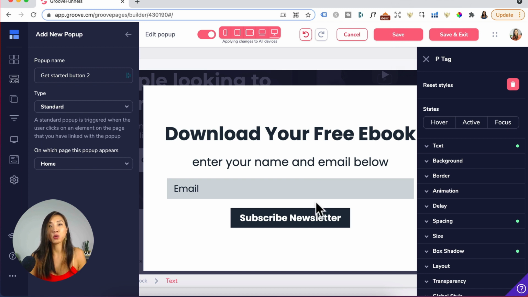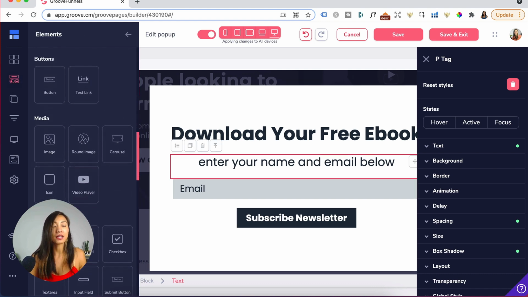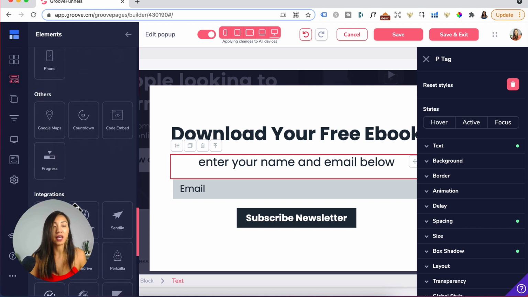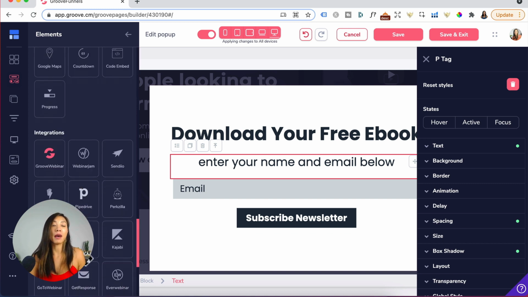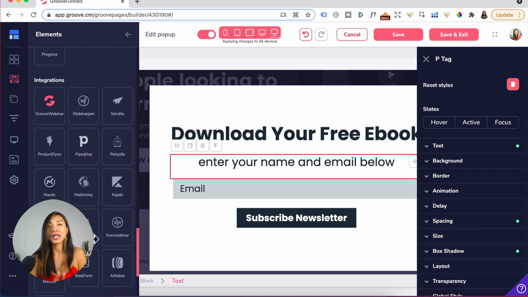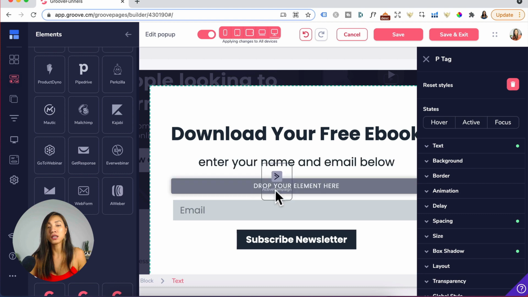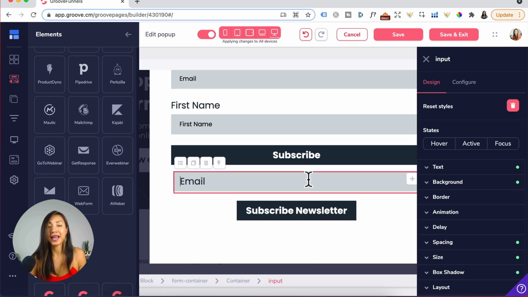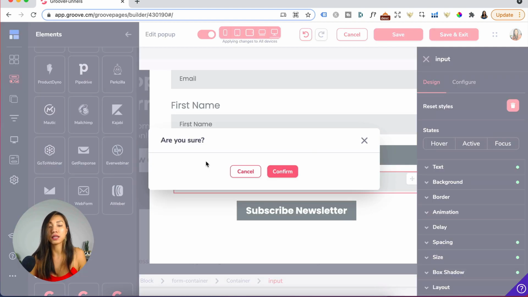And I would swap this email and this button out with your email marketing responder integration by going to elements. And let's say that you're with ActiveCampaign. ActiveCampaign, MailChimp, GetResponse, any other email marketing responders are down under email integration. I'll drag it in here. Then you can go here and click on this delete